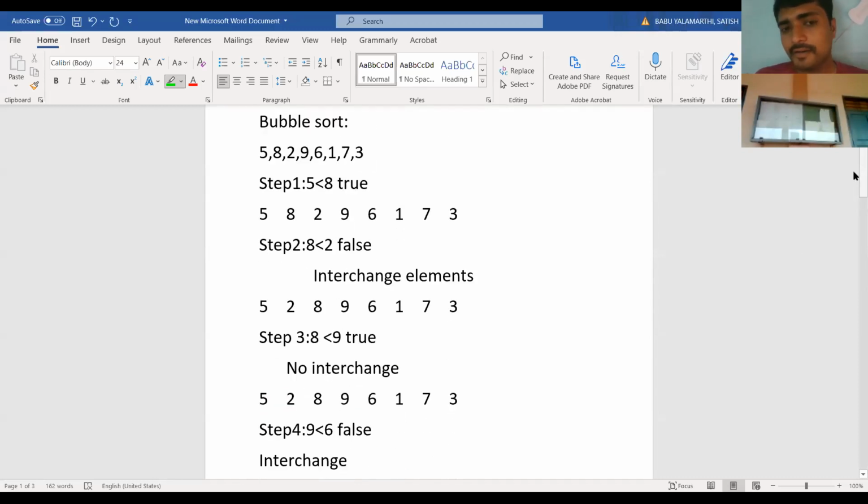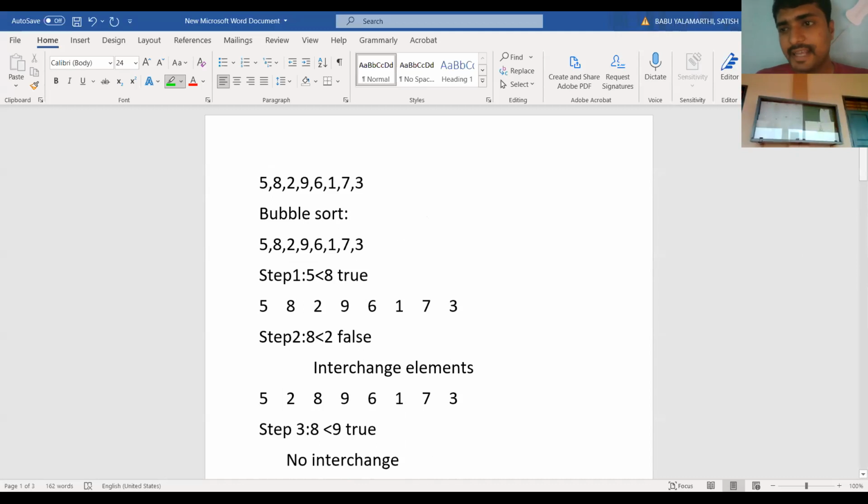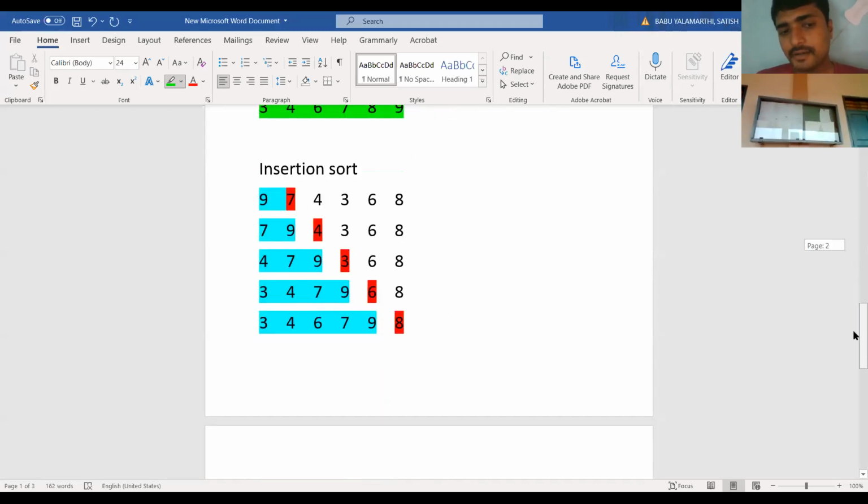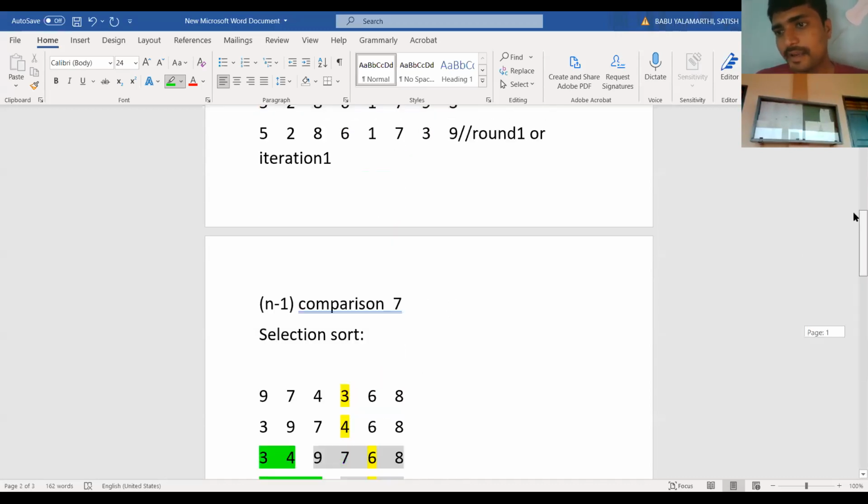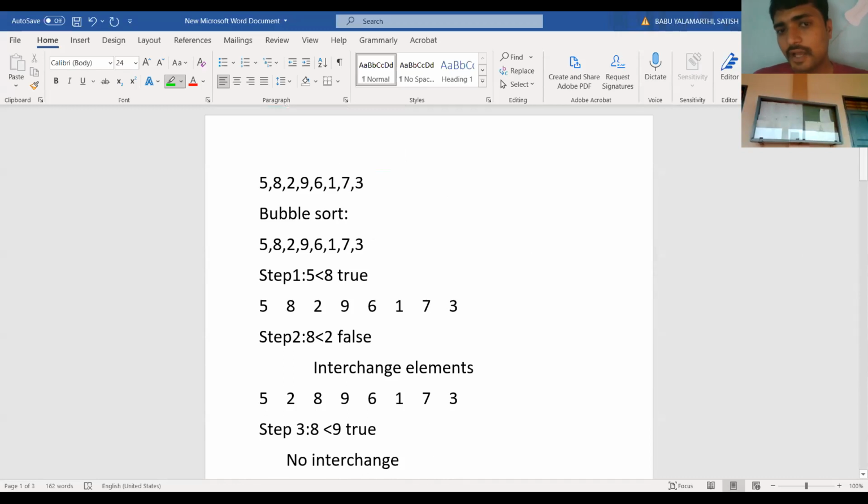I will call the number and that student has to explain the program. So tomorrow's class is only explaining. The student has to explain the bubble sort logic, selection sort logic, and insertion sort logic. Randomly, I will choose the numbers. So all of you try to write the Java programs for all these.